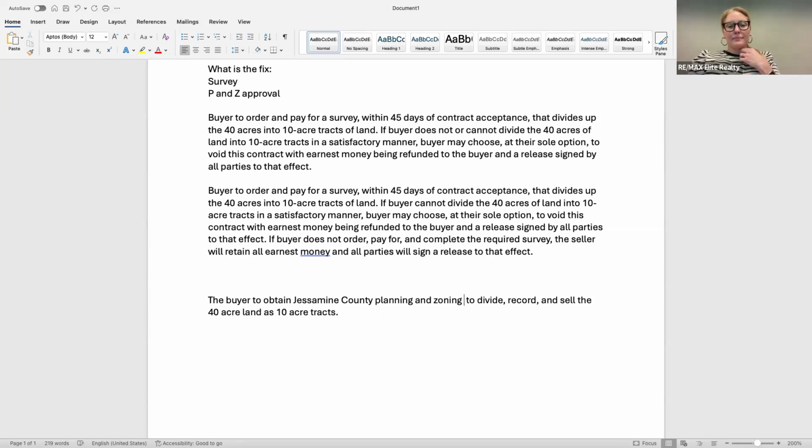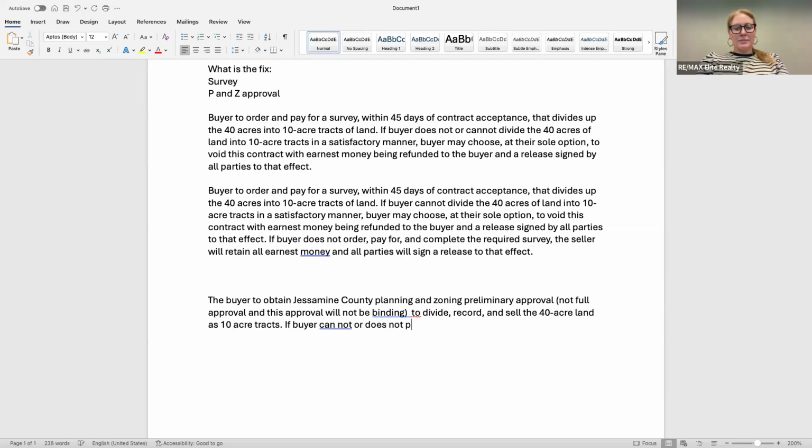really crafty structure here. So the buyer to obtain preliminary approval, not full, and this approval will not be binding, to divide, record, and sell the 40-acre tract of land as 10-acre tracts. If buyer cannot or does not obtain